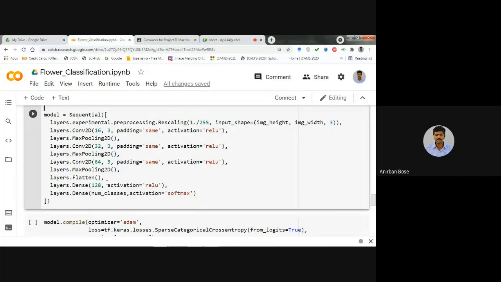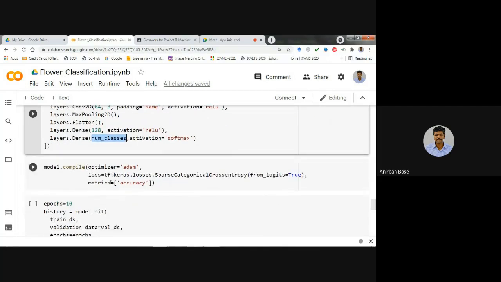Then flatten, and then the dense layer that has been used, a fully dense layer, and finally you see the output layer where num_classes is the number of nodes that is present. So there will be 5 nodes, that is why num_classes is written, and the activation function softmax is used there at the output, and in other cases it is ReLU.